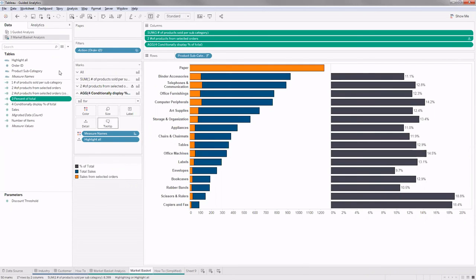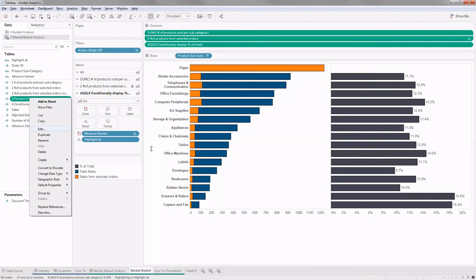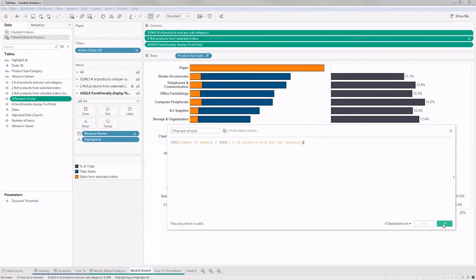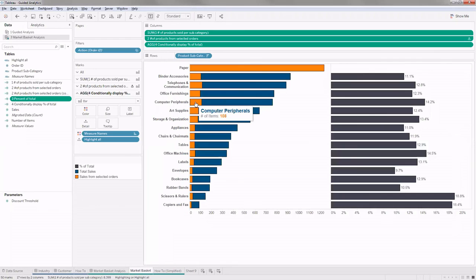Because my action filter will filter out this one as well, my percentage as well, it will give me only the orange bar numbers only.